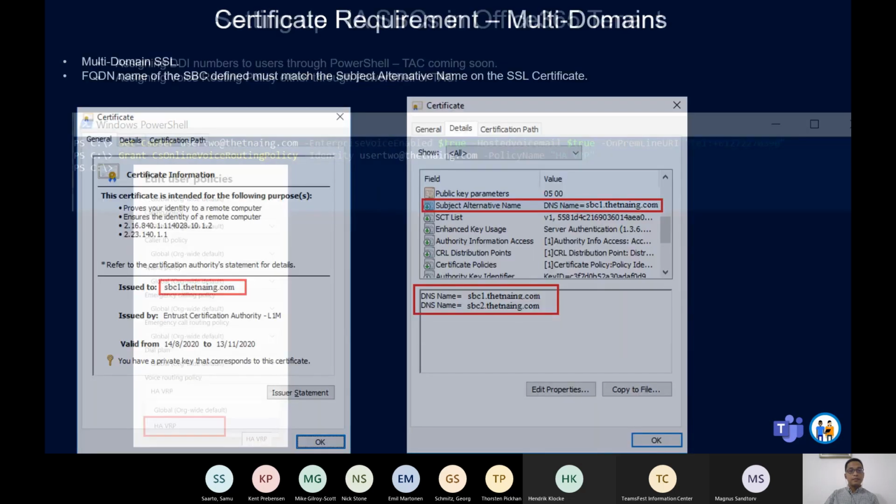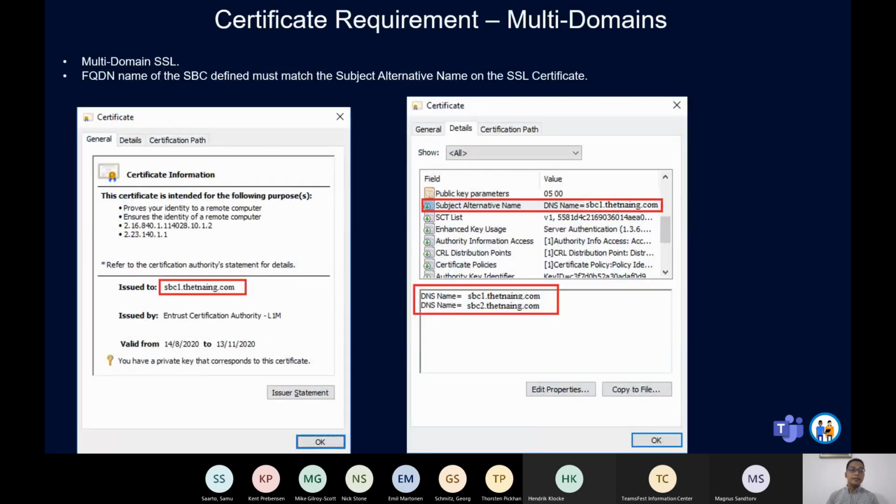I did it. So, certificate requirement. For the certificate requirement, we have two options. Number one is a multi-domain SSL. Multi-domain SSL is where you have a few domains, right? For example, my requirement is that I only have one SBC, or I only have two SBCs, right? So I don't want to purchase a